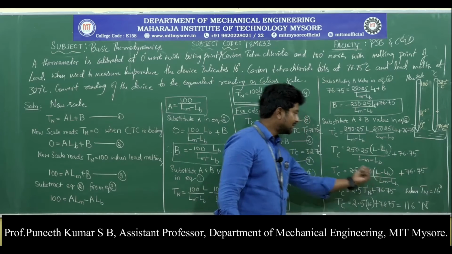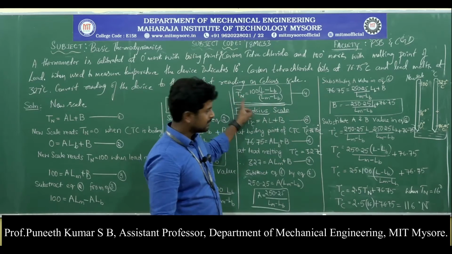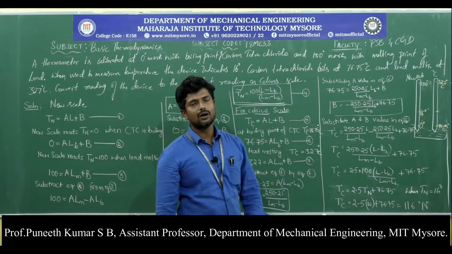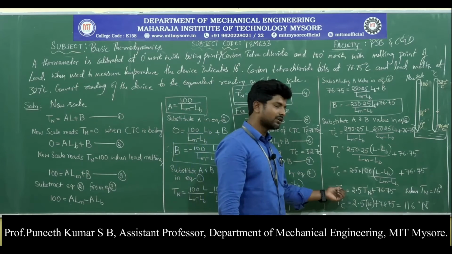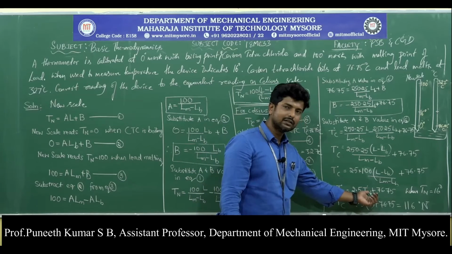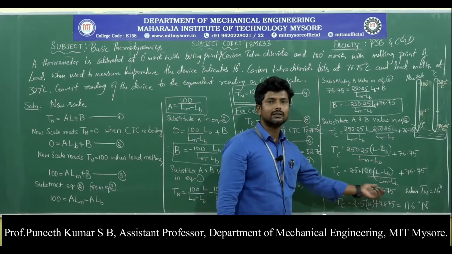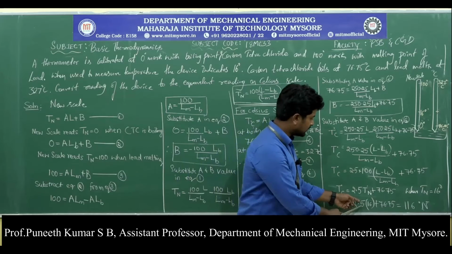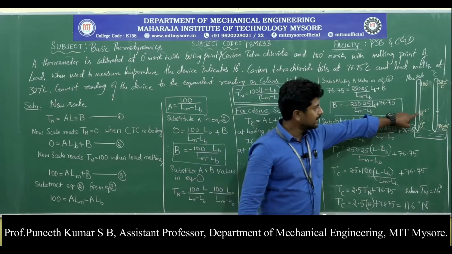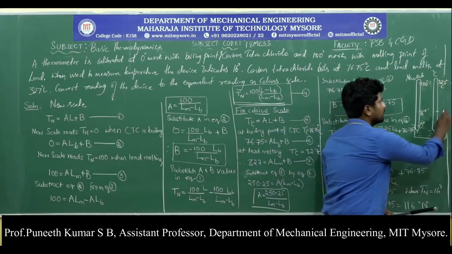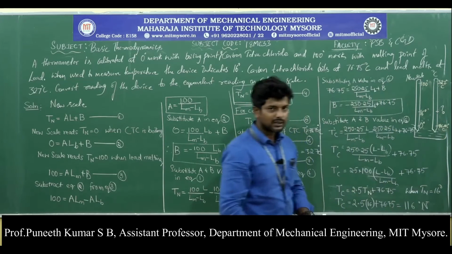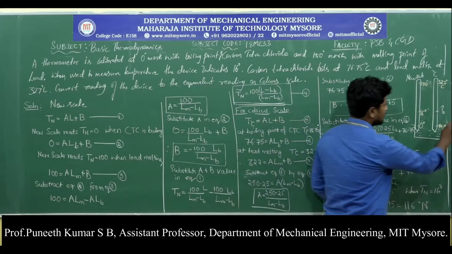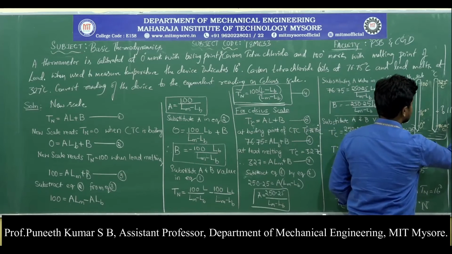Here I can see the Tn, which I have already derived, so in this place I will substitute Tn. Now we have established a relation between the temperature of the Celsius scale and the temperature of the new scale. Once the relation is established, the question is, when the new scale is reading 16 degrees, what will be the reading of the centigrade scale? Just substituting in this equation, we get the value as 116 degrees centigrade.